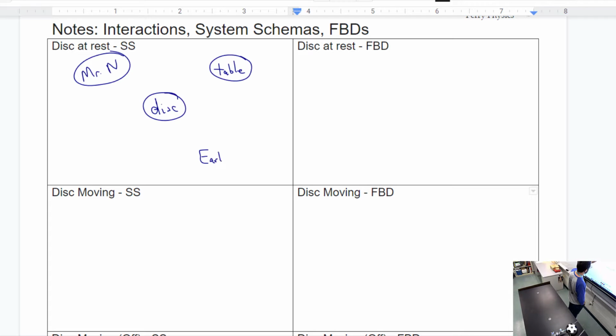Now, you might not have seen the earth, but the earth was affecting the situation the entire time, so I always go ahead and put it in there. So these are physical objects that were in our snapshot. Okay, next up, I want to draw in some forces. So I label each object, and forces I draw as lines. So I'm going to draw a force from the earth to the disk, the earth to the table, and a line from the earth to Mr. Neutzel,